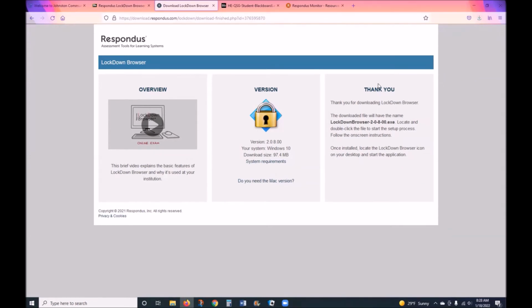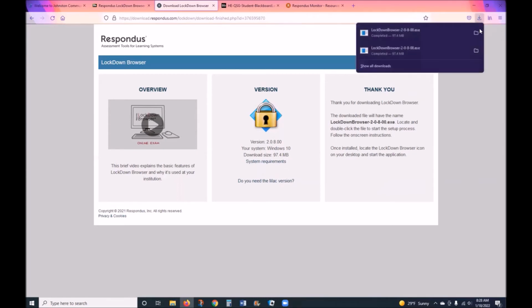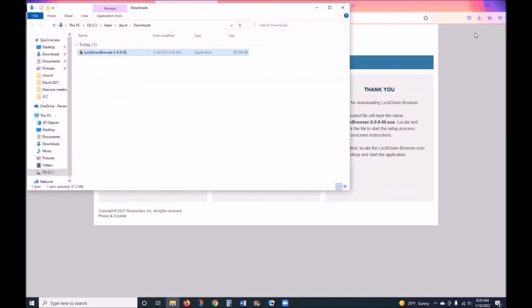And for this Firefox browser, it puts it into a download folder. So I click this, and I've already previously downloaded it, but I can open up my download folder. This is the installation file here. All right. Once I have it here, I still have to install it. This is just the program to install the Lockdown browser. So for this PC computer, all I'm going to do is double click this,